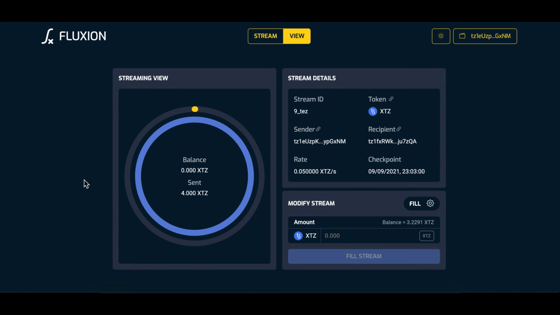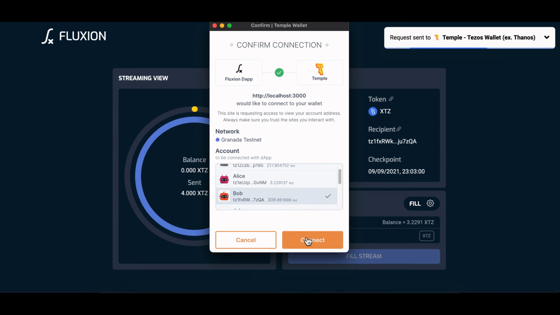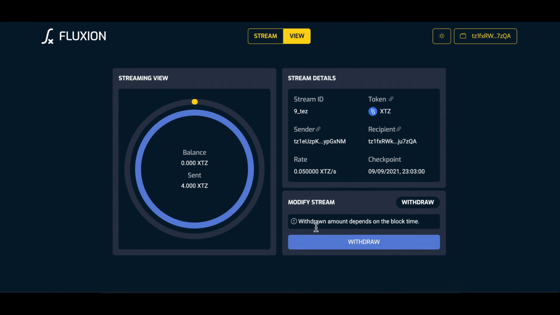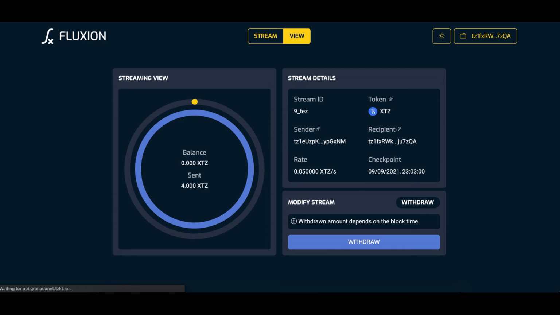You can check our docs or contact us on our Telegram support group to help you resolve any issues. Now there's one more thing which I want to show you, and that is actually withdrawing from the stream. So if I switch over to the recipient account, then the UI changes and I get a withdraw button here instead of my usual 3 modification buttons. So if I go ahead and click on withdraw, so I guess I need to refresh the page. Oh, yes. So if I click on withdraw,